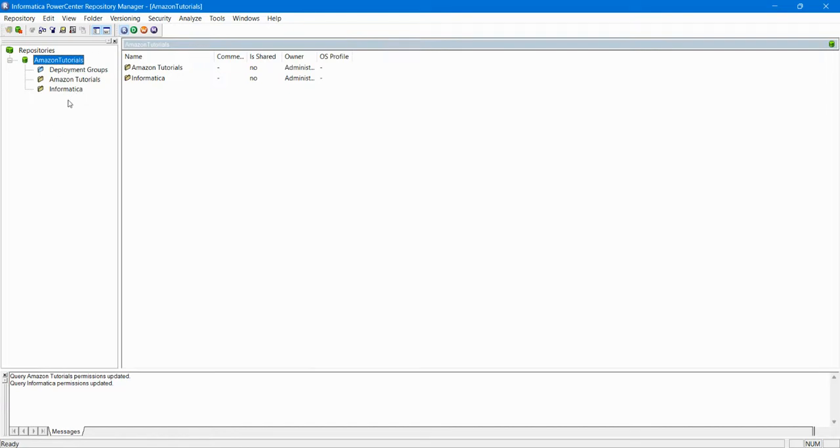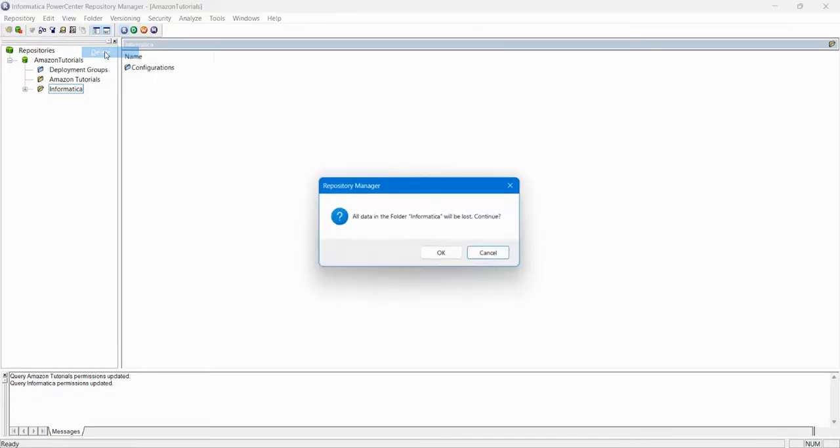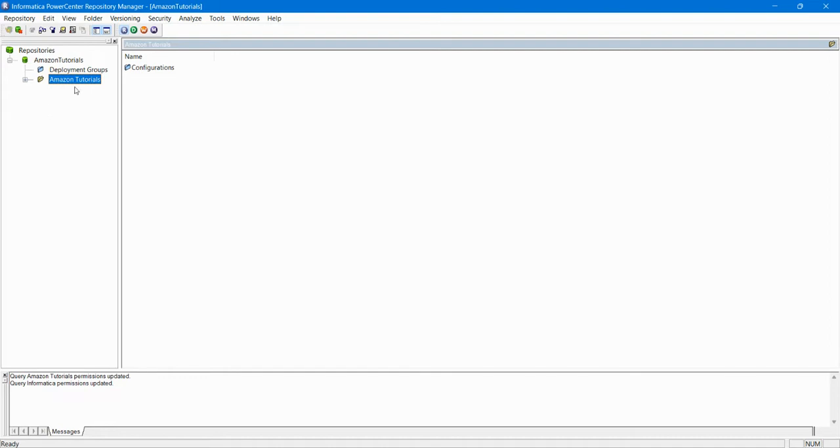So how to delete? Click on the particular folder that you want to delete. Go to folder. You will get the delete option. Click delete. Okay, done. That's how you create and delete folders in